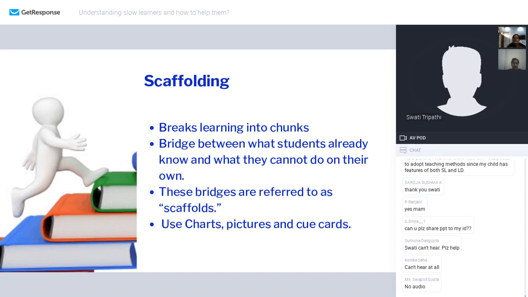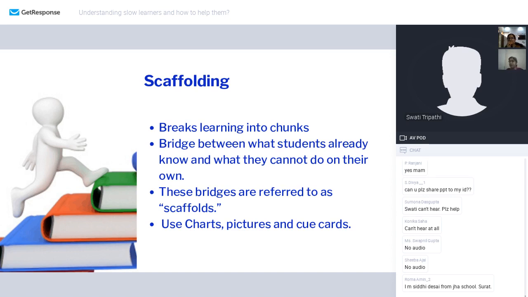While teaching division, for example, 598 divided by 15, you can ask the child to write down the table of 15 and then do the division. Another example, when you start with a new chapter, you can highlight the new words or the difficult words at the starting of the chapter, give the meanings for those words, and then start with the chapter.